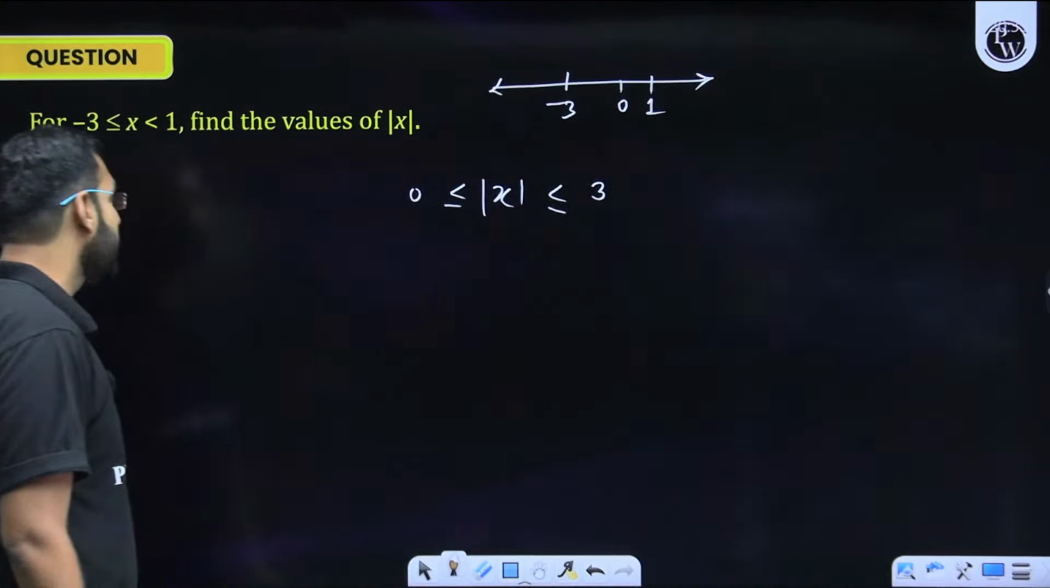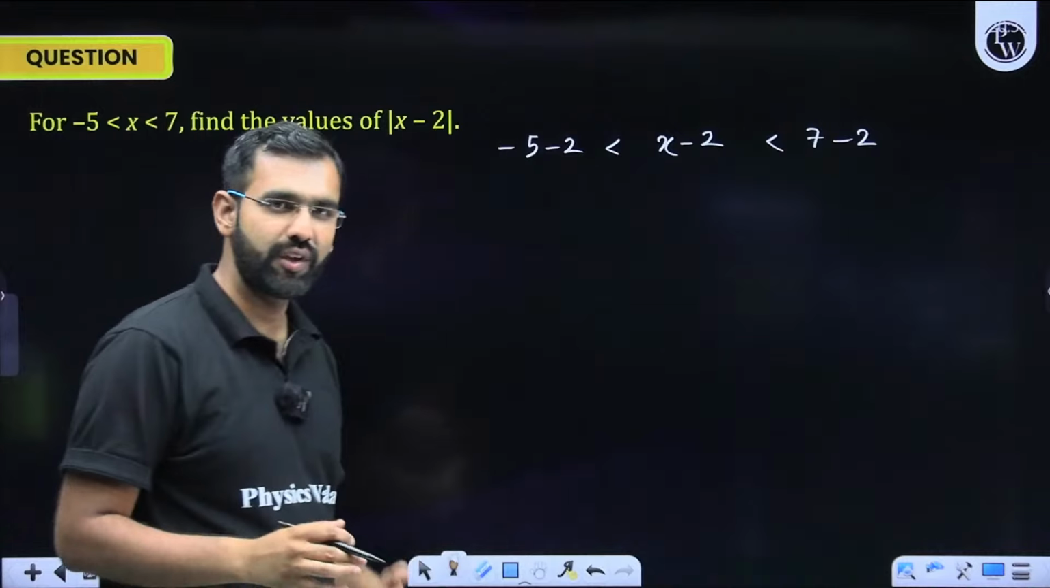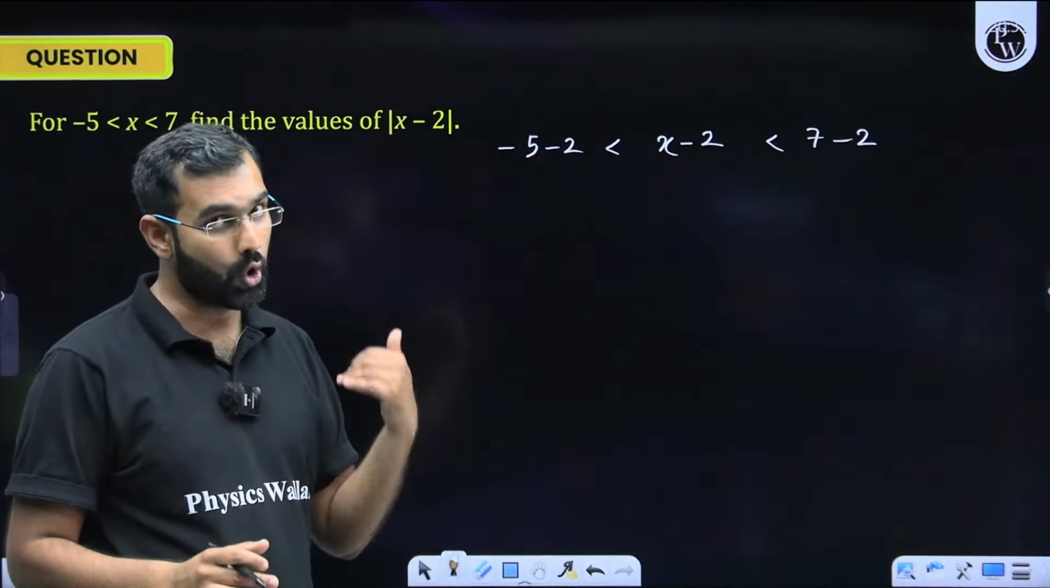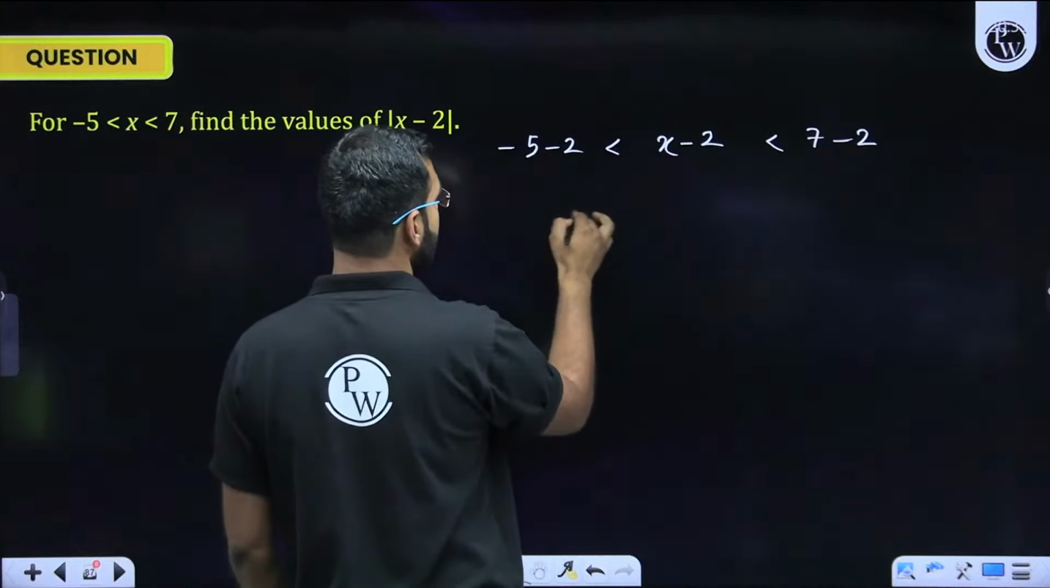Now, let's take one more example so that you get more clarity here. We need to put our comment on mod of x minus 2, where x is from minus 5 to 7. So first of all, if x is from minus 5 to 7, and I subtract 2 on all three sides, it doesn't affect our inequality, because we can add or subtract the same number on all sides of an inequality. With that, this is minus 7, this is x minus 2, and this is 5. Now, if I put a modulus over here,